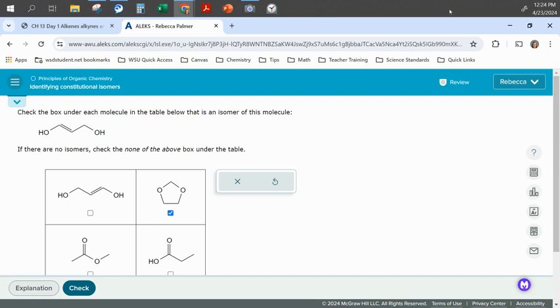This one down here doesn't have OHs, so it could be a different molecule. This one also looks like a different molecule. Okay. There's a lot of different ways you can flip the molecule, so just make sure that it's a different molecule, not the same molecule bent or rotated. This one, let's look at the chemical structure. We have 3 carbons, 1, 2, 3. We have 3 hydrogens here, none there, 3 here, so that's 6, and 2 oxygens. So this one's also an isomer. It's the same chemical formula, but they're connected differently. They're going to have different chemical properties, even though it has the same